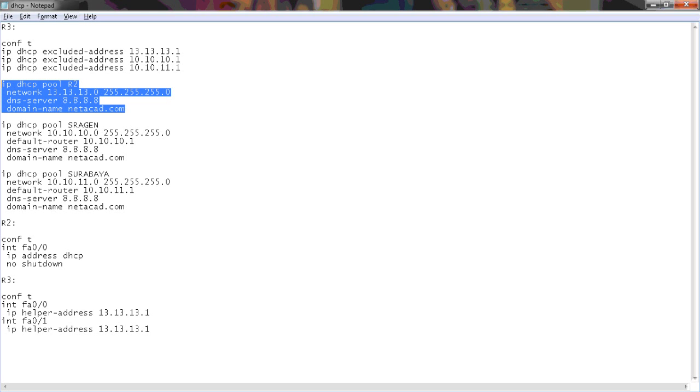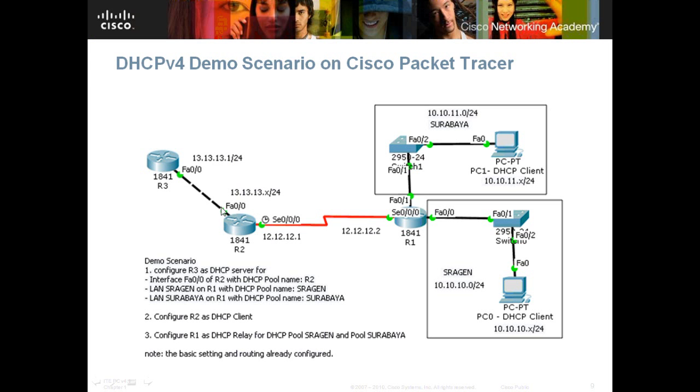This pool will be used for the FA00 interface on R2, so this interface will get one IP address from the DHCP server pool R2, maybe 13.13.13.2 or 3, until .254.